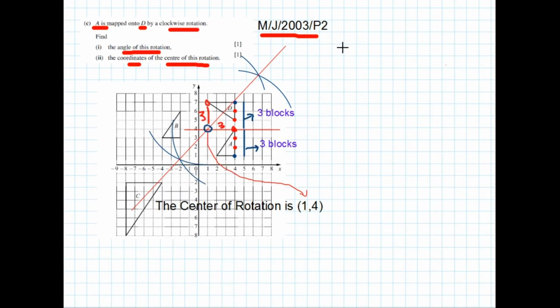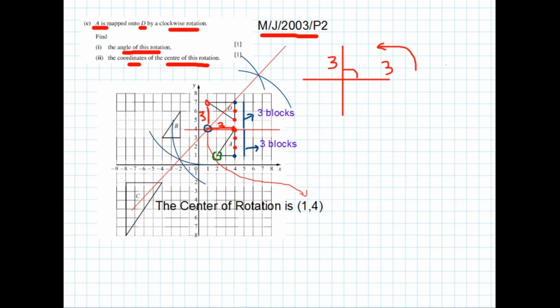For the angle of rotation, we take the help of the plus sign. Since triangle A is mapped onto triangle D, the red circles are drawn on corresponding vertices of triangle A and triangle D, as shown. Plotting on the plus sign 3 blocks right, when we rotate 90 degrees anti-clockwise, we get the corresponding vertex of triangle D 3 blocks up, as shown.